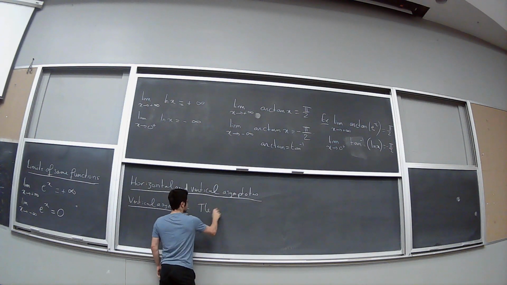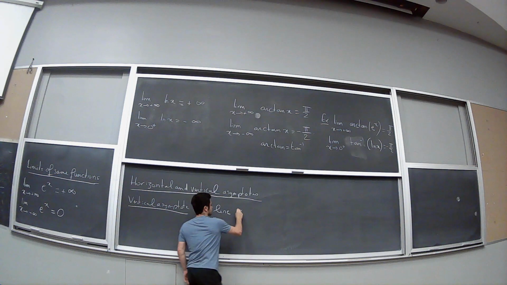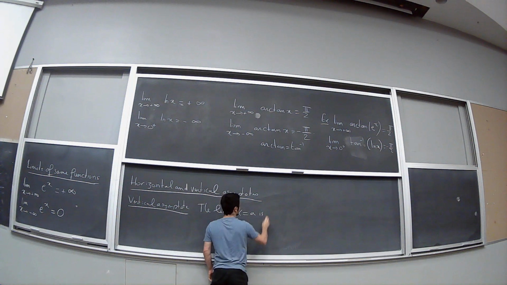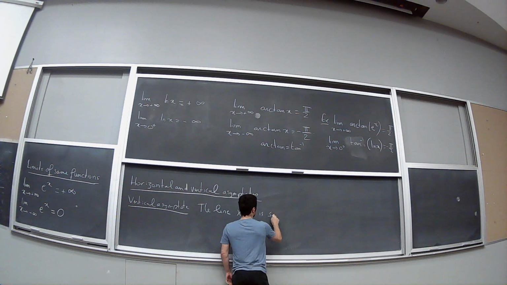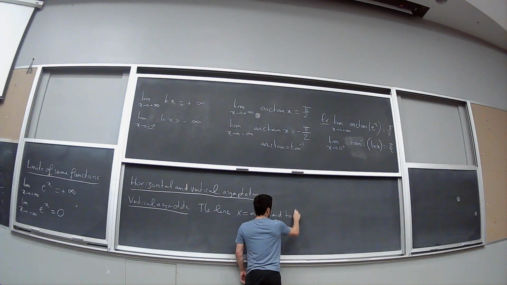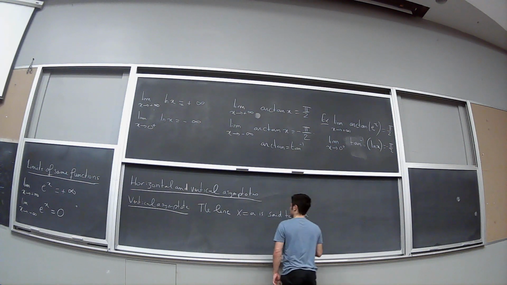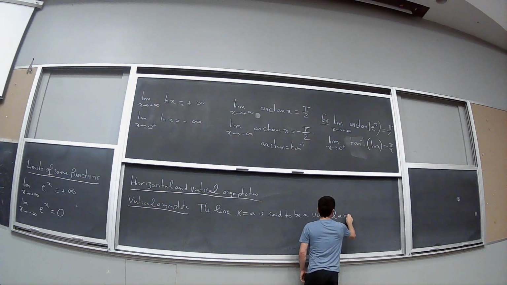The line x is equal to a is said to be a vertical asymptote